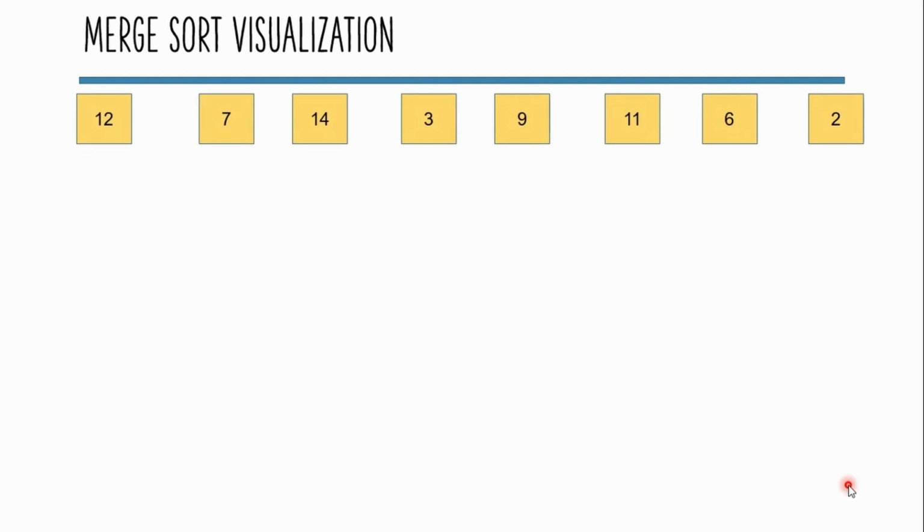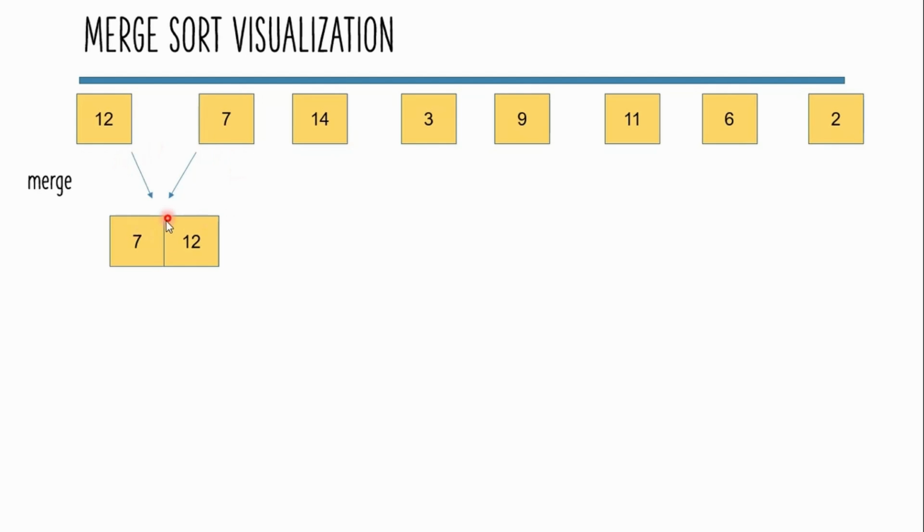So this is the stage where we are right now, and now we have to merge them in the same manner as we have split them, just we need to merge them in a sorted manner. So we can see that these two have to be merged together, and we need to compare these two elements at first. So whenever 12 is compared with 7, 7 is less than 12. So 7 will appear first, as we are sorting in ascending order.